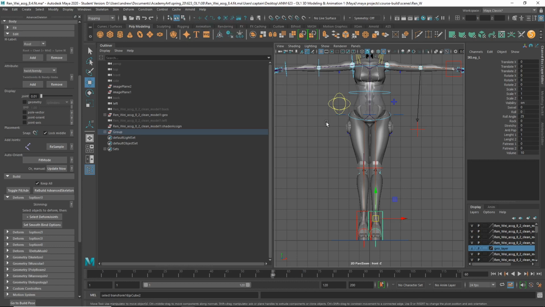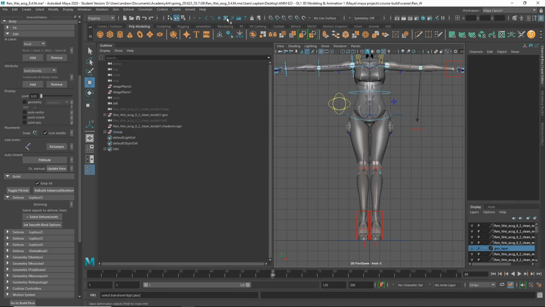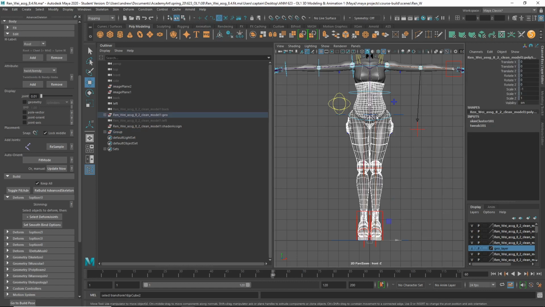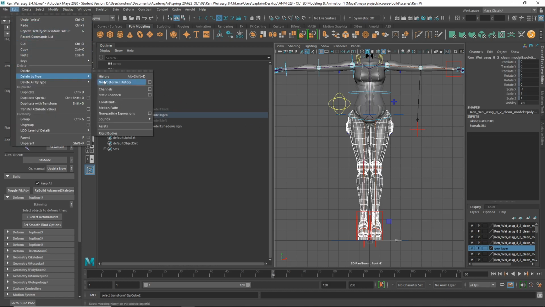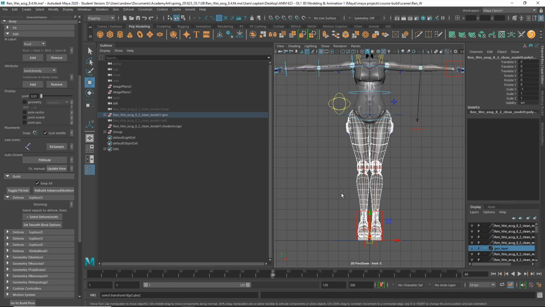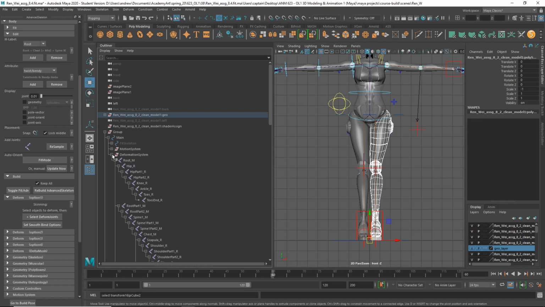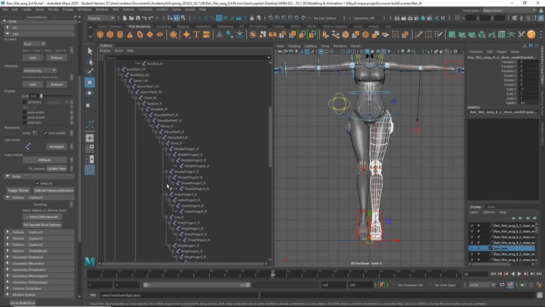So let's do that. Let's select the surfaces. Okay, and I'm just going to delete history to get rid of the binding on those. Delete by type, history. Okay, and then let's select just one leg. And now we're going to have to manually select the appropriate joints. So I'm just going to shift click under deformation systems, and we want, oh, this is her left leg. So that's the right leg,